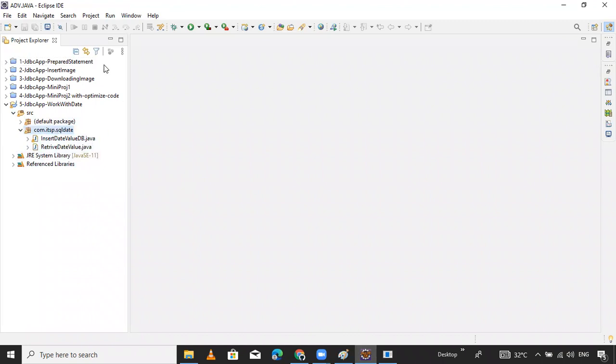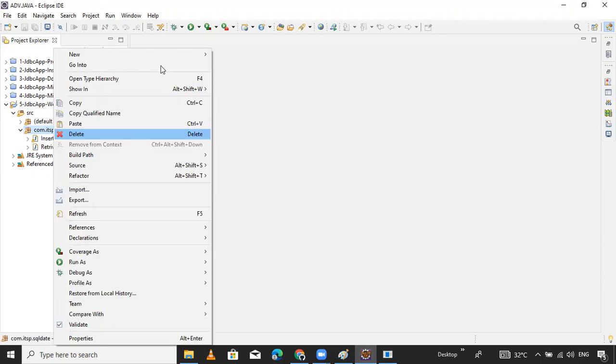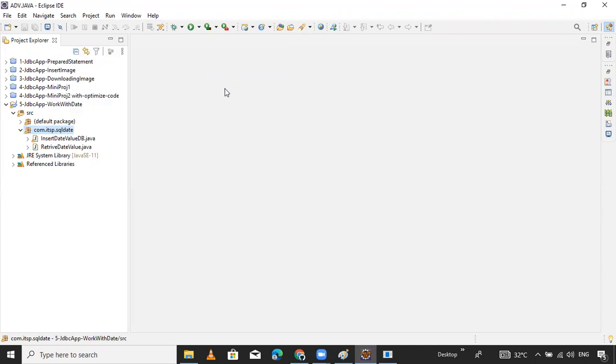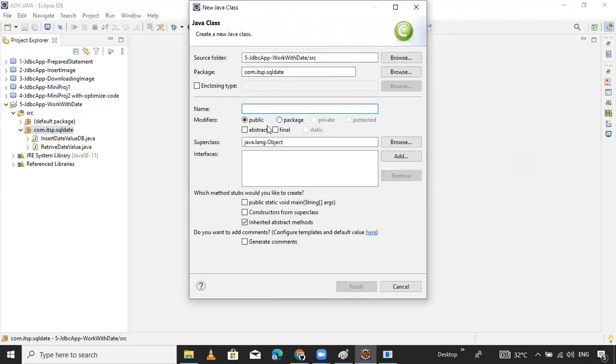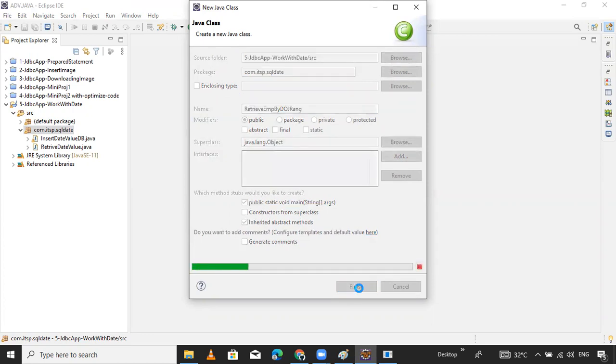Prepare a class: retrieve employees by date range, by date of joining. So now I want the main method.